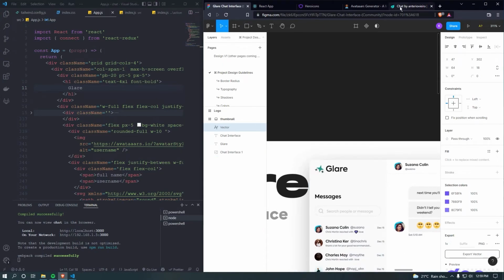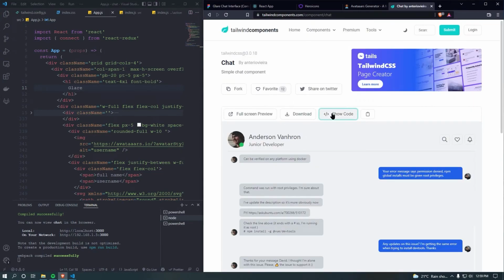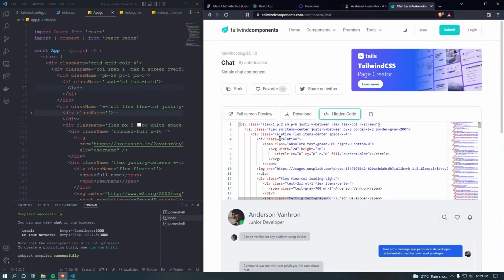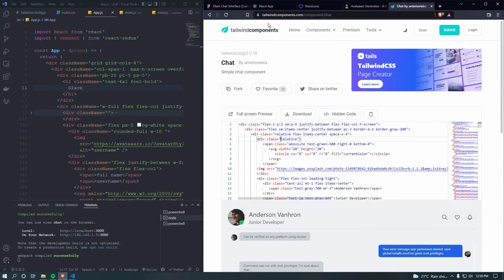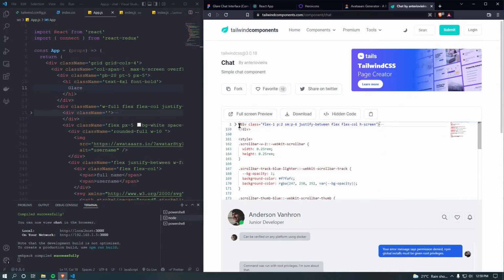This part, I think we can afford to steal these Tailwind components. I don't know if it's open source or whatever, but I'll be leaving this link in the description. It's tailwindcomponents.com/components/chat, which is really easy. So we can just take all of this source code,